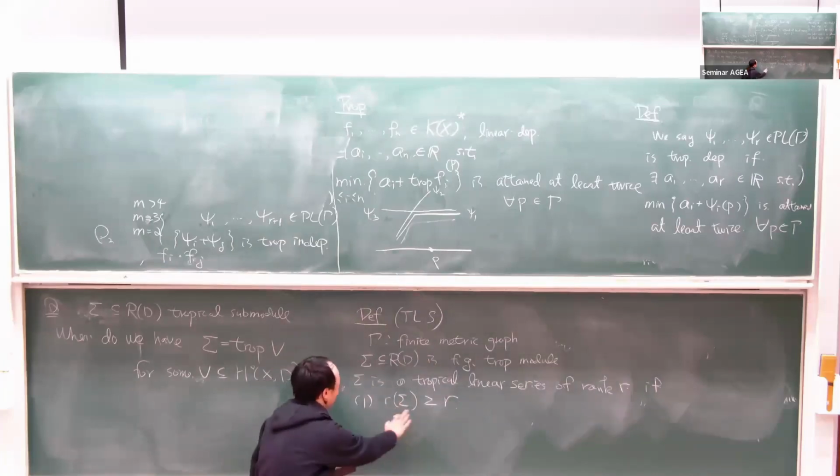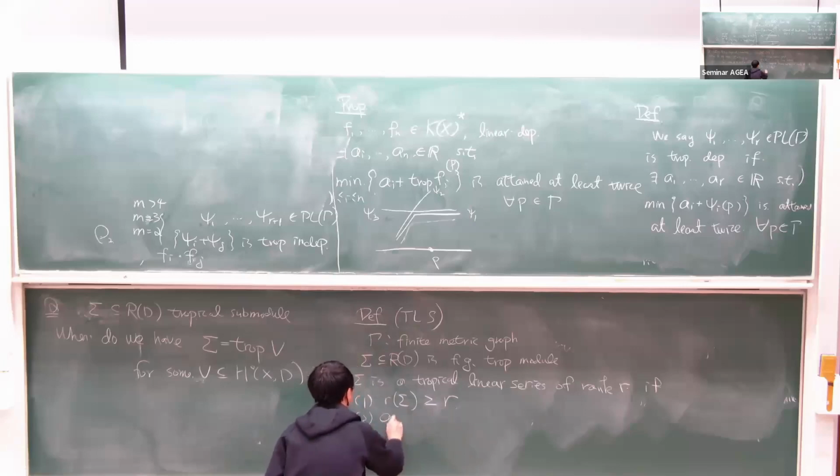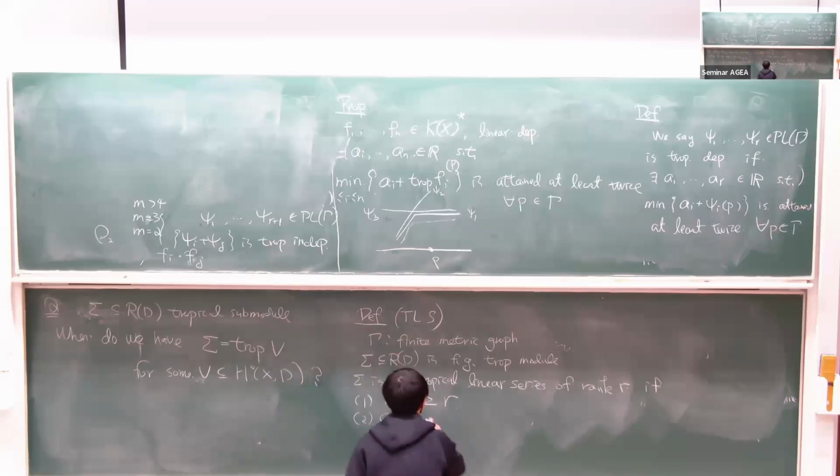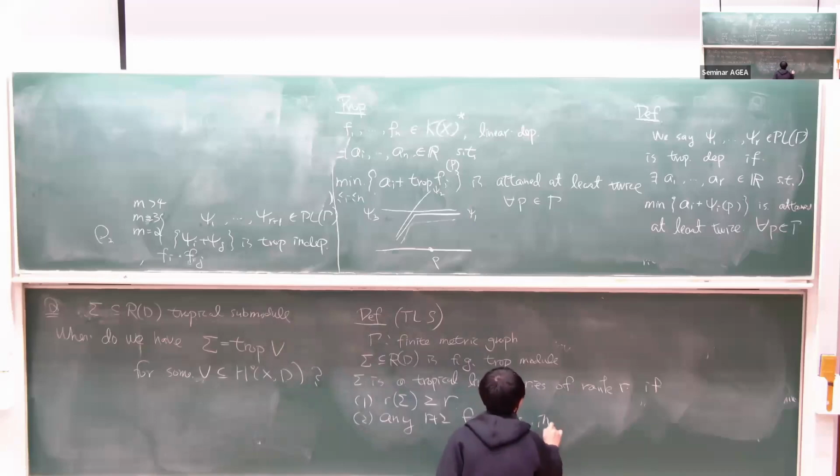It's just the same statement as when we consider the Baker-Norine rank for a divisor. So the first condition is that the rank is greater or equal to R. And the second one is that any collection of R plus 2 functions in sigma